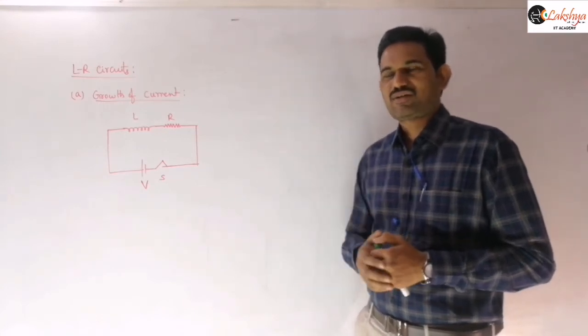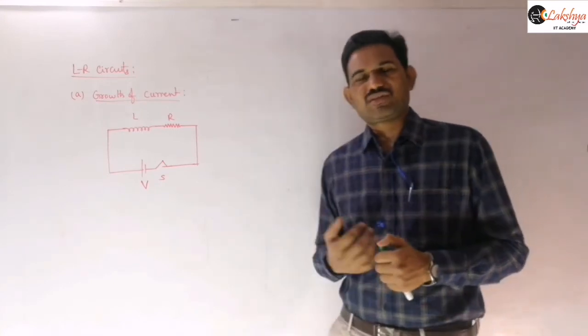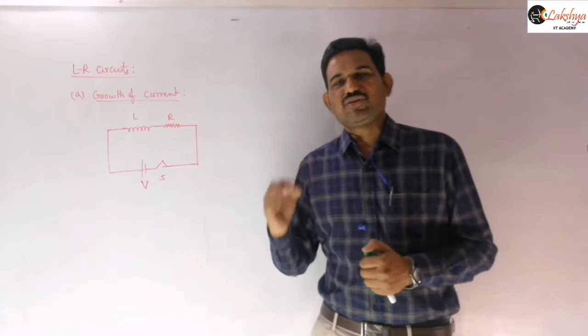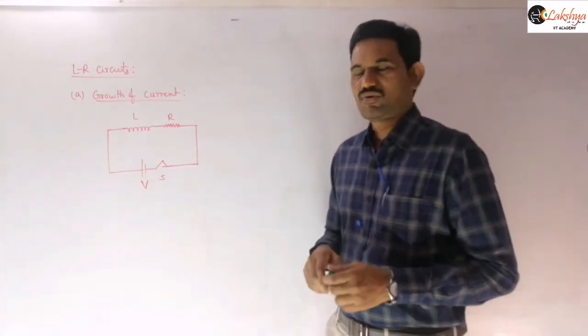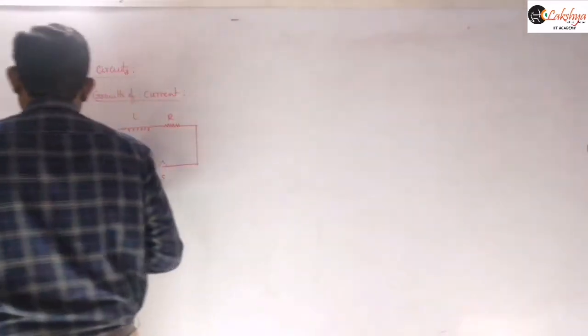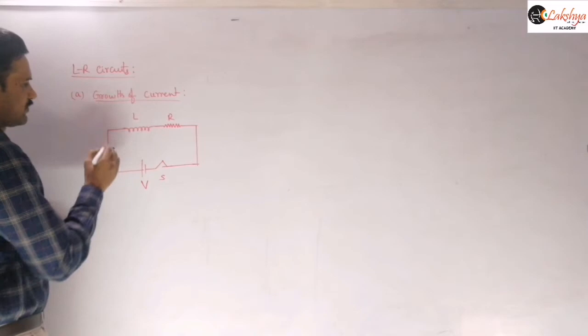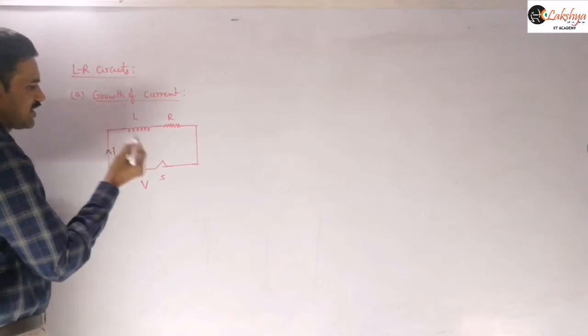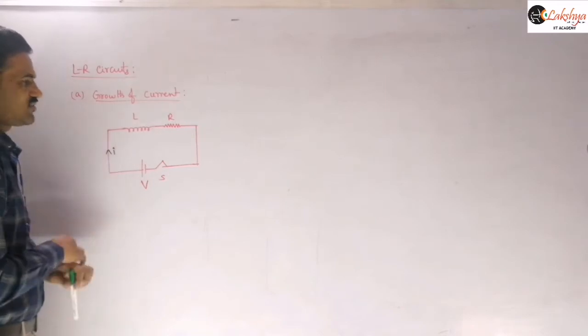And so for all such problems, these problems are similar to our CR circuits, as I said. You just need to apply the Kirchhoff laws here. Just by applying the Kirchhoff laws, you can solve the problems based on this. Let, at any instant, I be the current flowing through this, and di by dt is the rate of change of current. So just mention that. First describe the situation there.